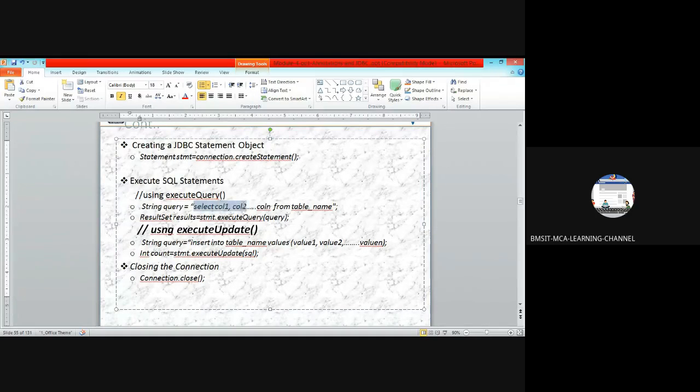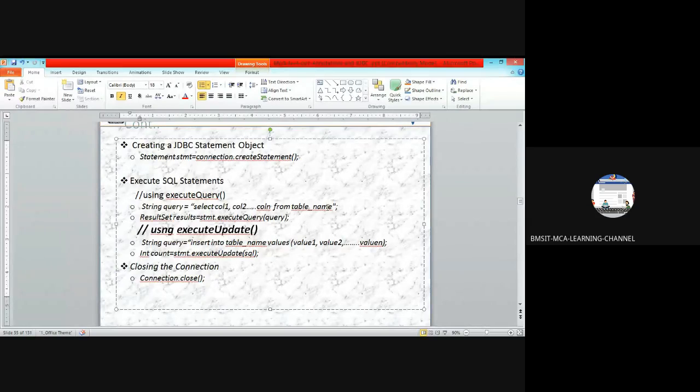The query, whatever you return, is enclosed in double quotes, which means this query acts as a string, just a string message that is assigned to a string variable called query here. So what is it going to do? It is going to fetch all the columns present in the table along with all the rows.